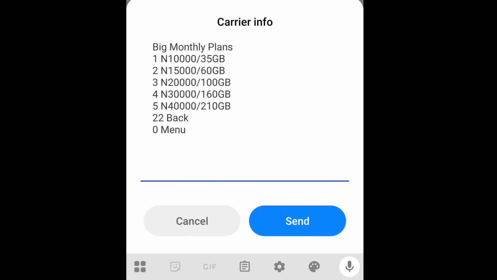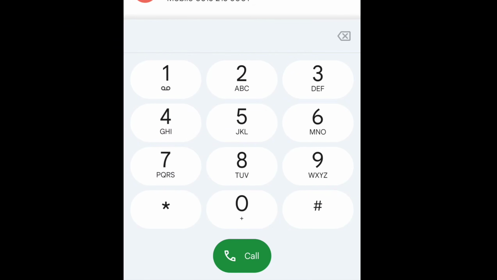So you can use any of these options to get data at a very cheap price for your Airtel. This is mostly for heavy data users. So if you use data to run your daily activities or your business, you can use any of these codes to get data at a very cheap price from Airtel. The next code that you can use to get data at a very cheap price from Airtel is